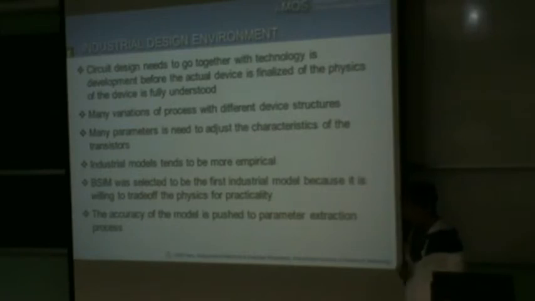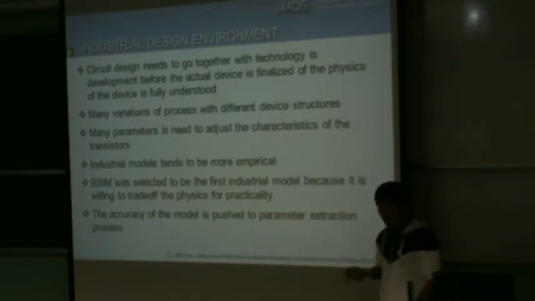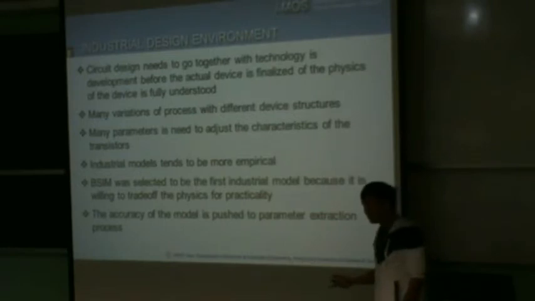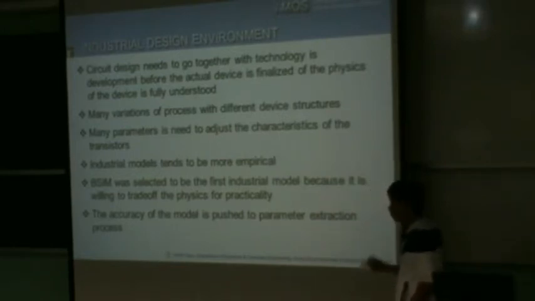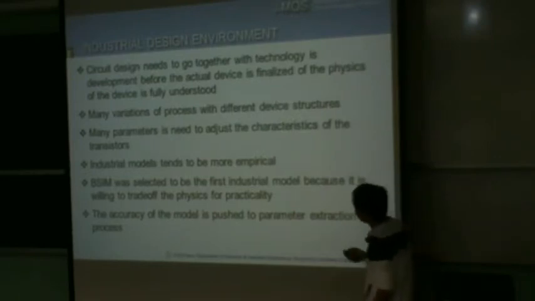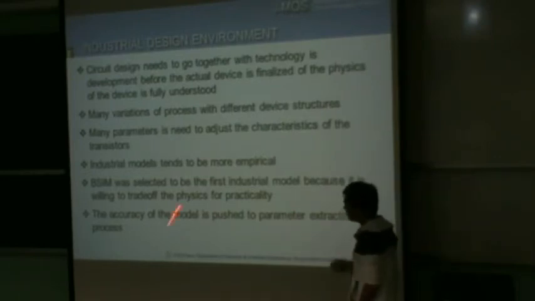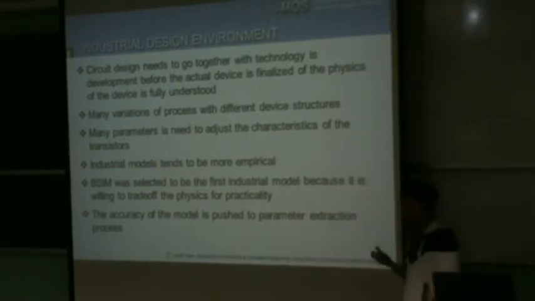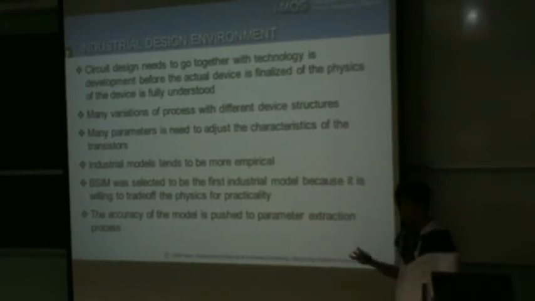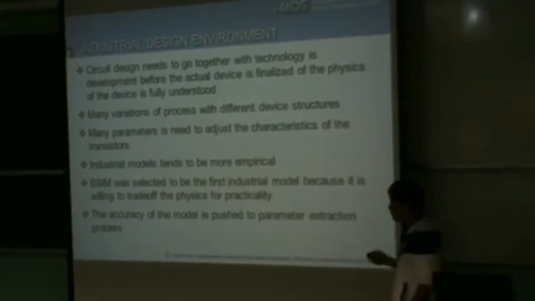So remember in BSIM3, when we first rolled it out, we only had about 30 to 40 parameters. When it was first standardized, it became 120-something parameters. Including BNA, it goes to about 200 parameters. So the parameters keep on increasing, because we have to fit data, whether they are good or bad. They may not even be MOSFETs, we still have to fit them. So this is the problem. As a result, industrial models tend to be more empirical in the process. Unless you have a structural description language to describe the structure into a SPICE-like simulator, this is not avoidable.